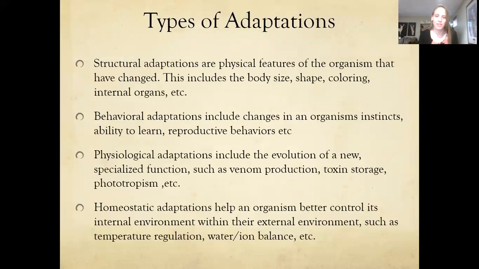Physiological adaptations include a new function. So venom production, toxin storage, phototropism, all of those are new functions that a plant or animal could adapt. And then homeostatic adaptations help an organism better control its internal environment. It has to do with regulating its internal environment. So like temperature regulation, so when species evolve to become warm-blooded, for example, or water or ion balance. So if a species evolves from being in salt water to fresh water or vice versa, that kind